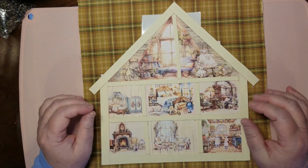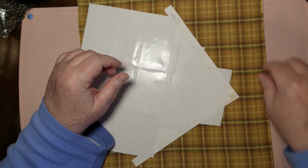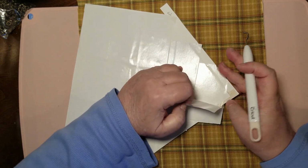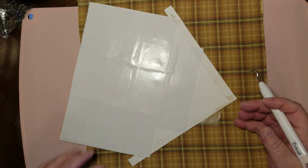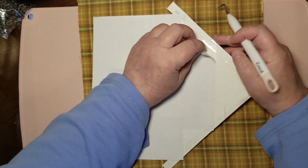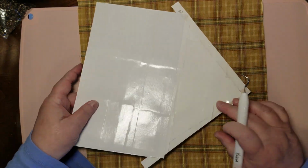So I'm going to use the double stick tape as per my usual and glue for this part. So all I'm going to do is take this off, and I'm going to wrap that back around because, yep, sticky on both sides. And I'll put it down all at one fell swoop. I don't know why I'm saying that so much here. It's a new thing I'm doing. Okay, so